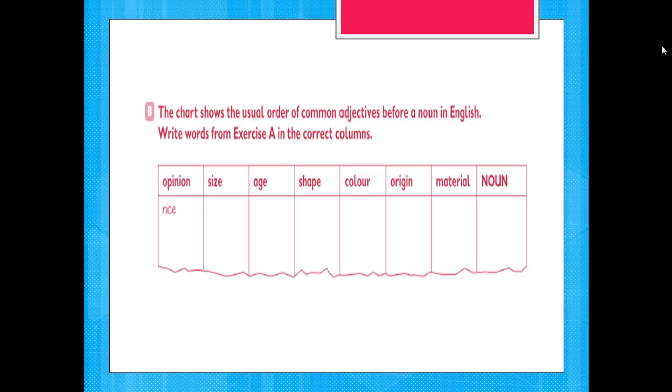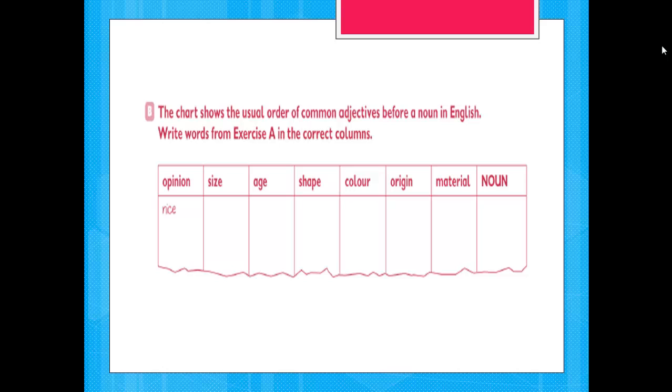The chart shows the usual order of common adjectives before a noun in English. It's not up to you, my dear students, to put this adjective before that or that before this. No, here we have a rule and we have to apply this rule if we have more than 2 or 3